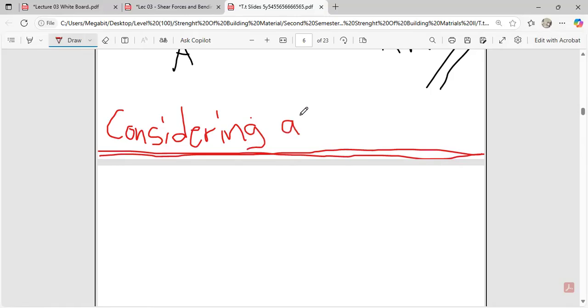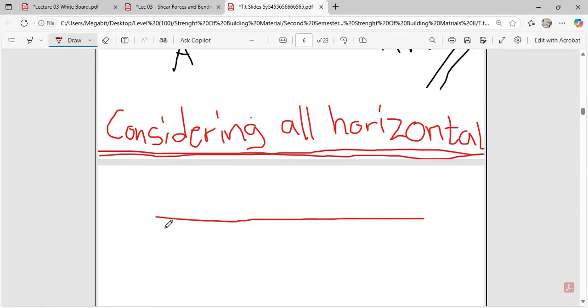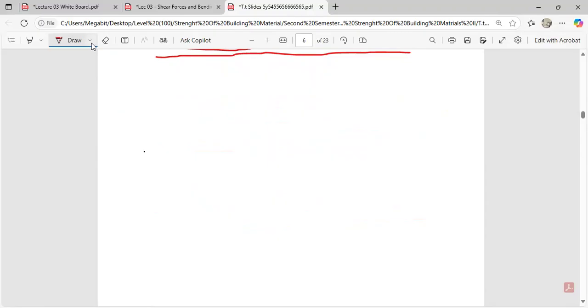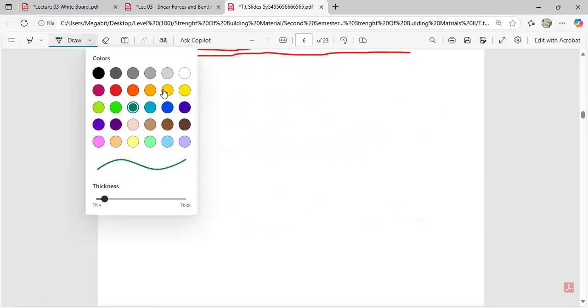Considering all horizontal forces. Okay, so what do we do there? Let's put our arrow over there. Okay, and that is going to be,